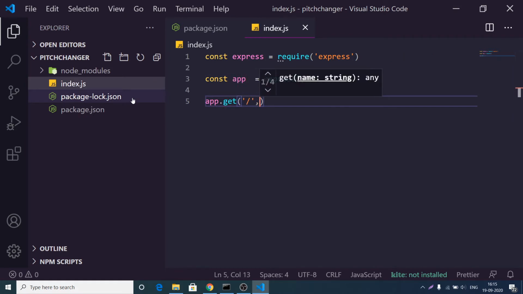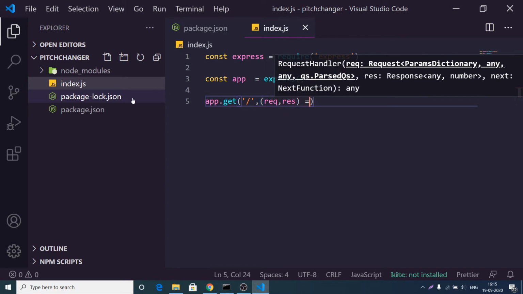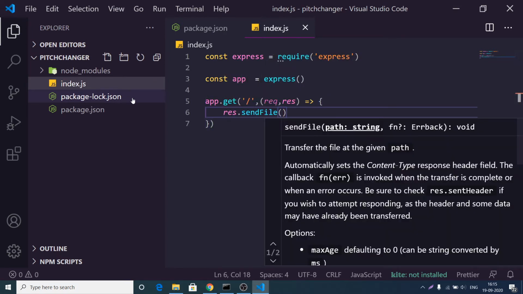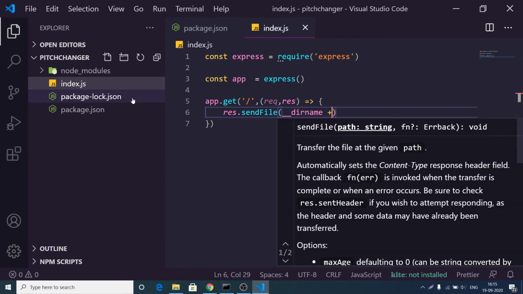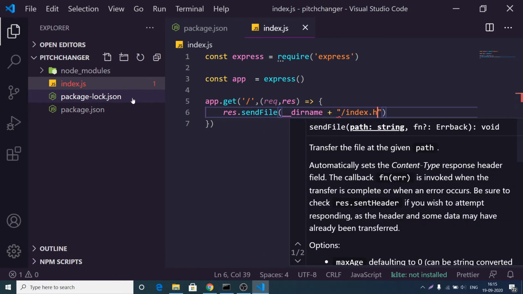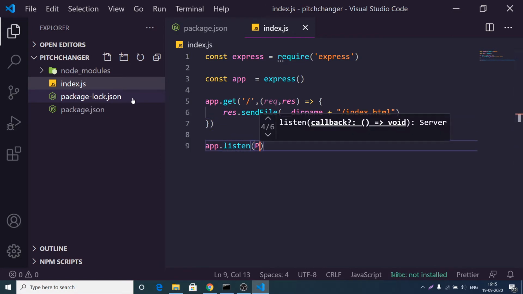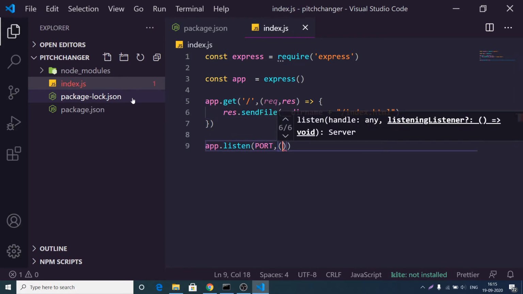So we will make a get route once we load the application. Here we simply need to send a simple HTML file which is there inside the root directory, which we will create, which is index.html. Now we need to start this application with app.listen on a specified port number. The second argument is a callback function.